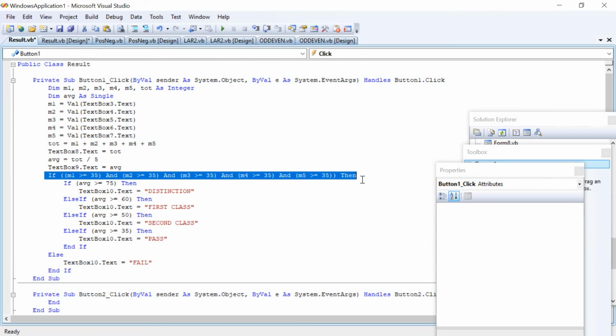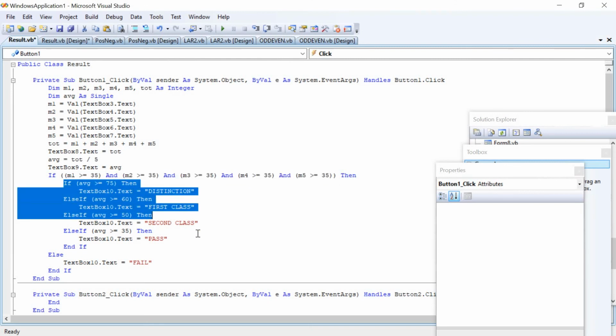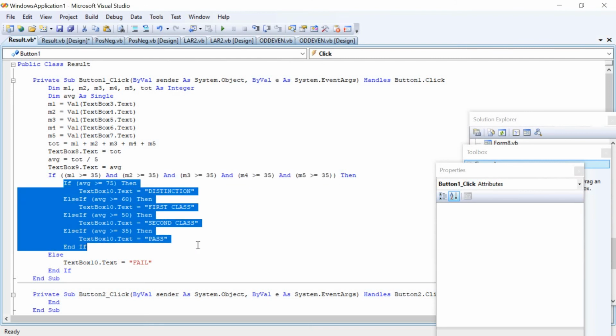Each Boolean expression here indicates two or more conditions which are placed. All have to be true, then only the result will be true. If this Boolean expression is true, then this nested part will be executed.